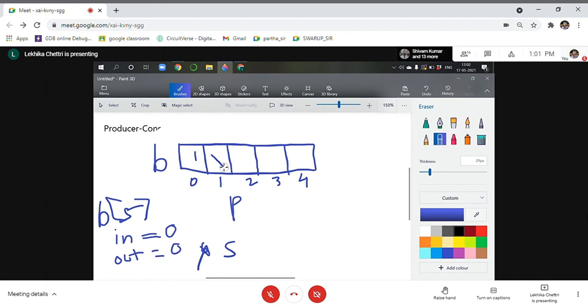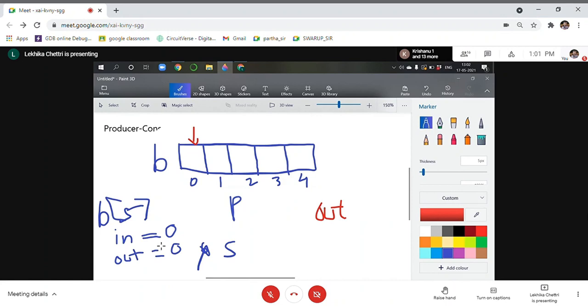if my buffer is empty, that means your producer has not produced anything so far, your producer process has not produced anything, and if you try to perform the out operation, however your consumer is trying to consume from here, in that case you should stop it.